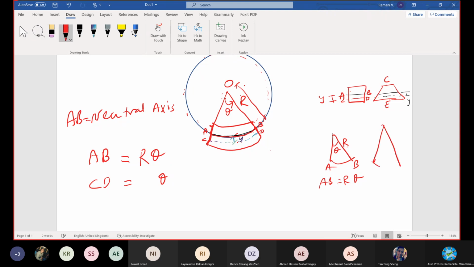I'll draw a separate one for you. Our diagram is like this. My angle is this one, CD, and this is O, also making an angle theta. My distance is somewhere here, given as R, and from there it is Y. What will be the OC or OD? The radial distance of CD will be R plus